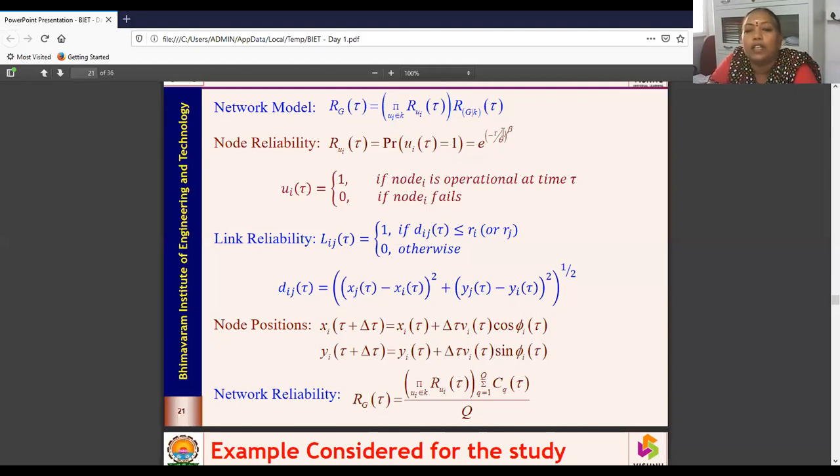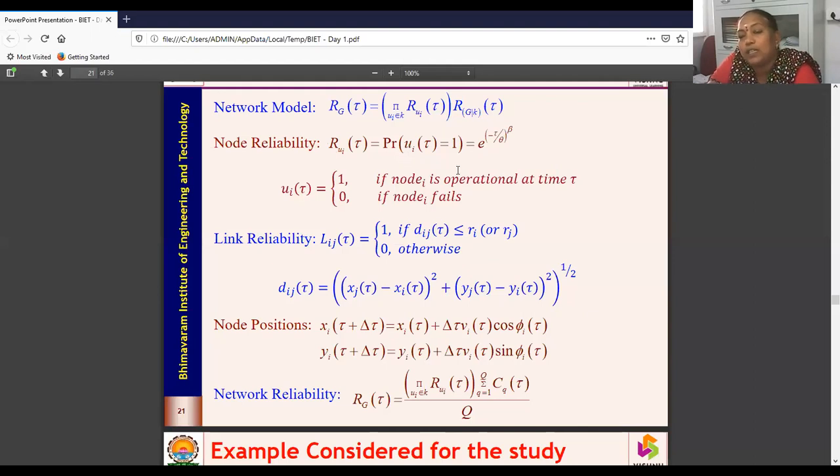Based on the theta and beta values, we define the distribution, and this particular distribution is called the Weibull distribution. Why are we considering the Weibull distribution? It is a most versatile distribution. When we talk of communication, most of the data related to communication is going to be normally distributed.